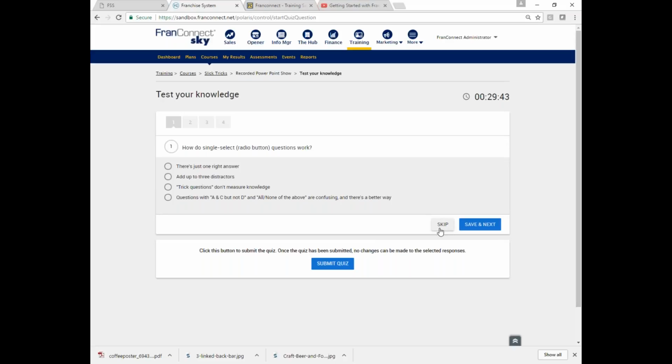I just want to show you a little bit about the difference between the types of questions you can have them answer. One of them is single answer select. Those are radio buttons. If I say there's one answer here, and then I change my mind, it changes. There can only be one right answer. It's Highlander. There can be only one.